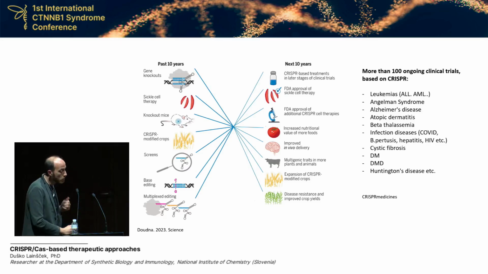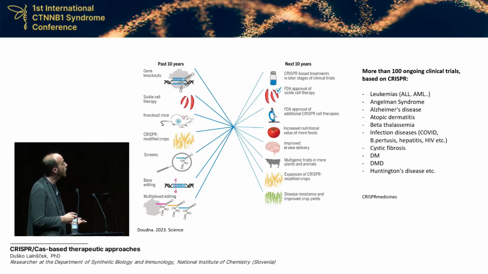What is also very important is that the CRISPR-Cas system allows use as personalized medicine, meaning that for each individual we can design, based upon the specific targeted mutation, different guide RNAs targeting specific regions of the genome, so we can design CRISPR-Cas-based drugs for each individual. But even if CRISPR-Cas made a powerful impact within these past 10 years, we are also looking forward to the next 10 years and what can be achieved.